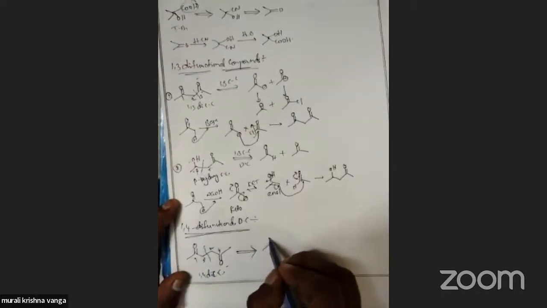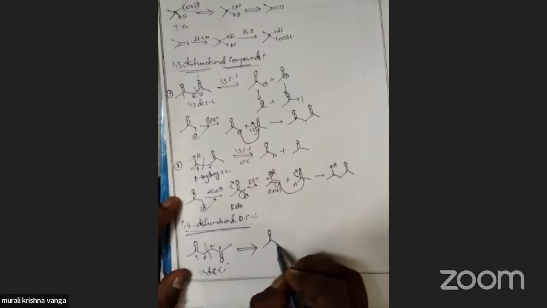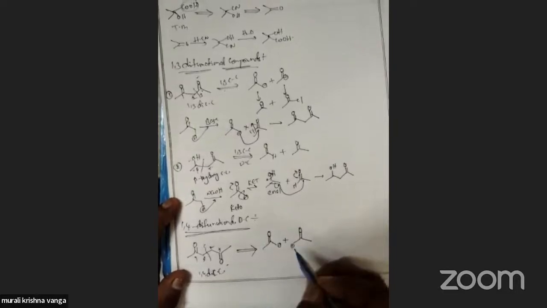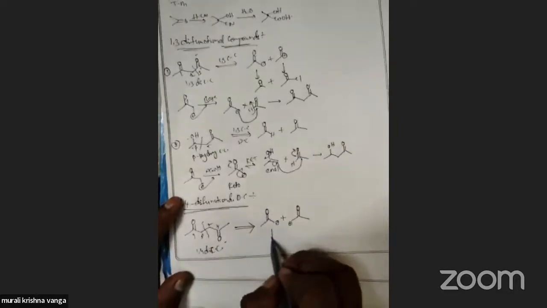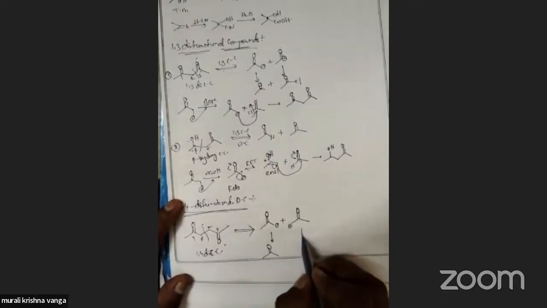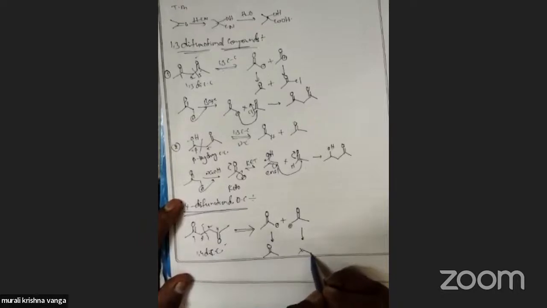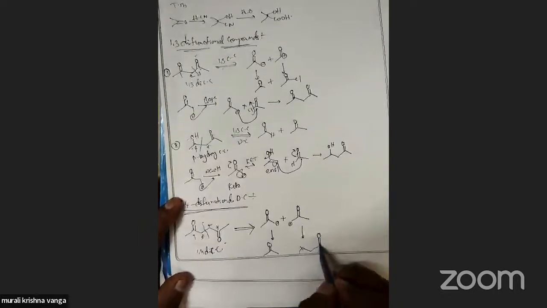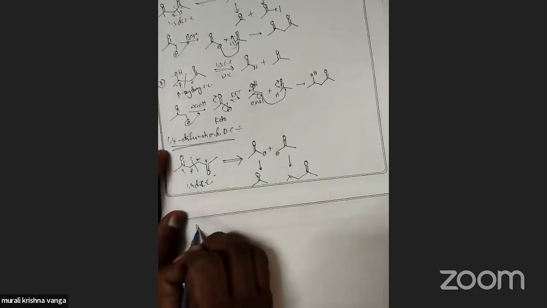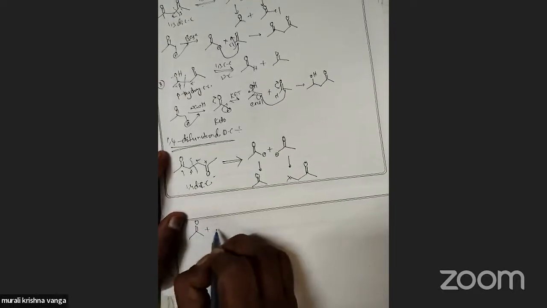So one is the negative charge part, another one is the positive charge part. When these compounds are taken, the synthetic equivalents are CH3 and the other synthetic equivalent. Now, synthesis of this target molecule is when acetone